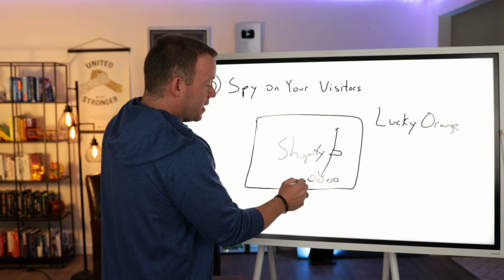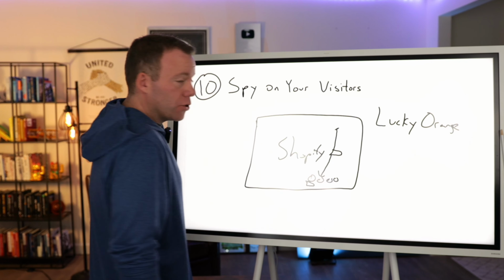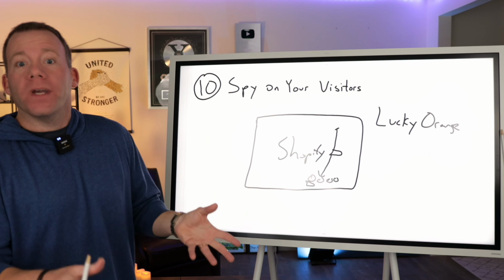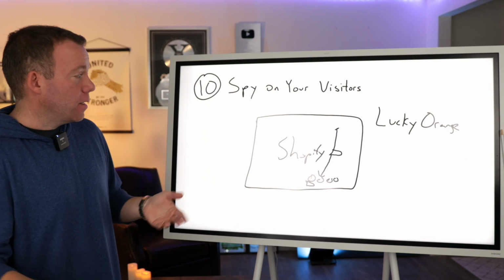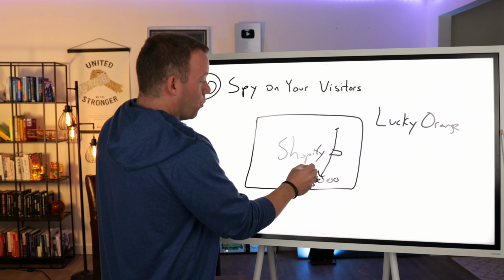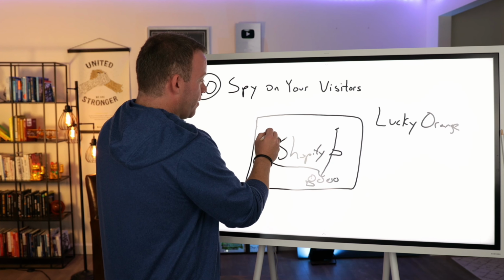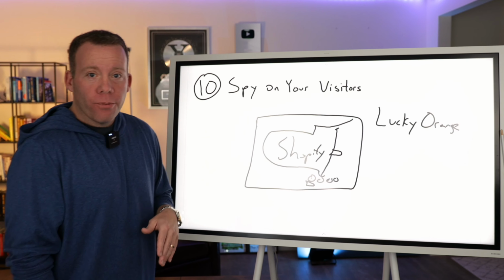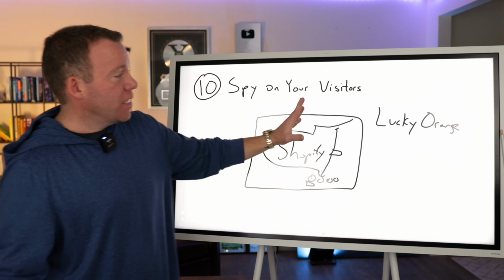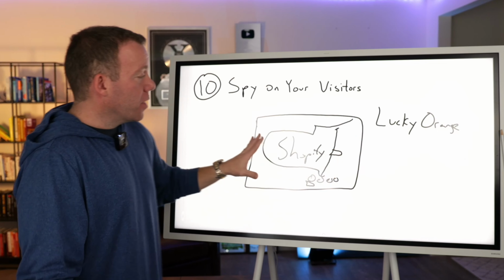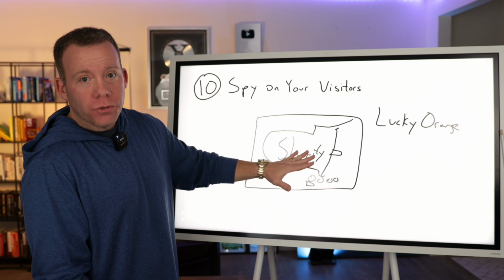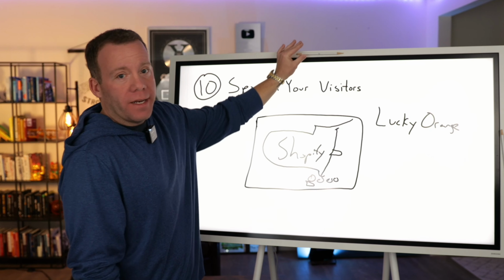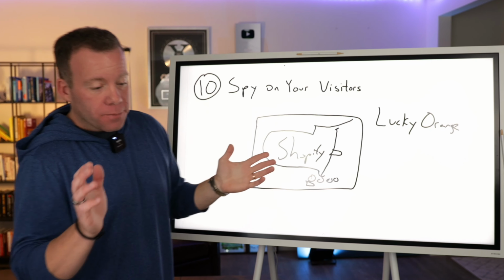Maybe we saw people were coming down and spending a lot of time on the description. Maybe there was one part, it seems like a lot of people are stopping to read at. Maybe they're getting stuck there and we can fix it. It's really helpful. Again, you get to watch literally recordings in the time that it happened of where their mouse was moving up until the time they leave your product page. And when you get enough of these recordings and you watch enough of them, you're gonna start to notice some things that are great about your store and some things that maybe you can improve to get that conversion rate up even higher.